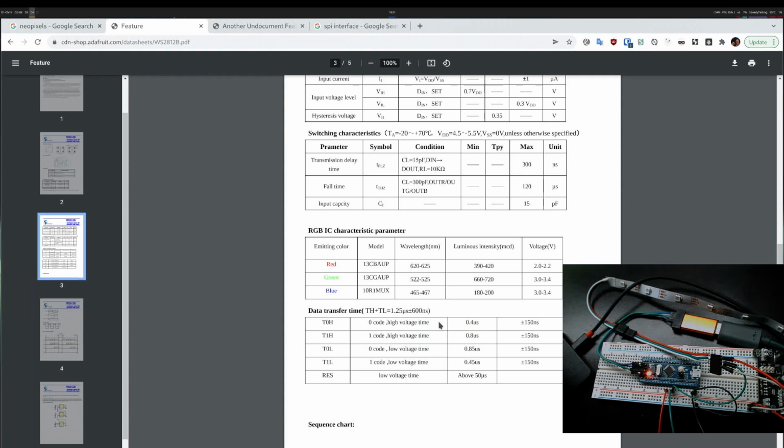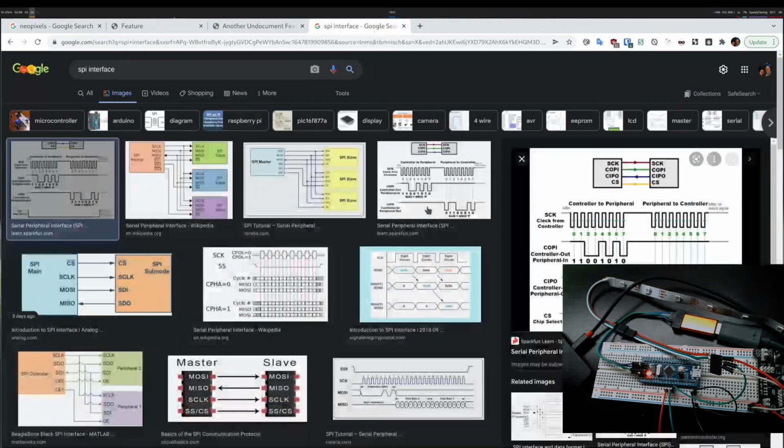And the other one is to try to misuse or overuse other interfaces. One of the really popular interfaces that can be used is the SPI. SPI is the serial peripheral protocol, I think. So basically it